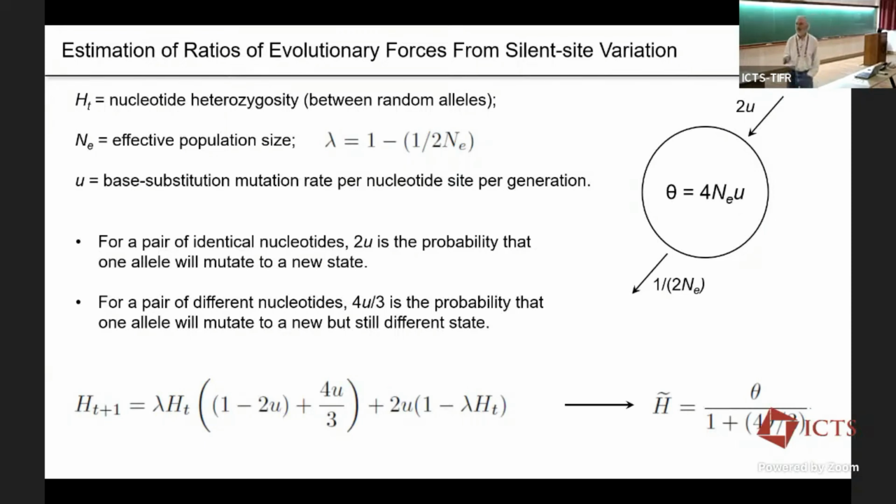One thing I worry about is how do we know if mutation-drift balance has been reached? We often use these formulas. That's a very good question. I've introduced the theory and I'm going to present some data, but the estimates of NE do assume that the population's in drift-mutation equilibrium. We're assuming the sites are not under selection, but also that there hasn't been a massive demographic change recently. So these are always things to worry about.